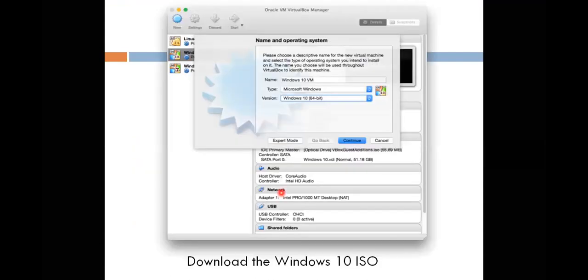So first, this is your first thing. I am first creating this one. For creating it, we need to mention a new one, so I will click on New. I hope you are getting all these things. Please concentrate on this. I have to mention the name and operating system. The name is Windows 10, the type is Microsoft Windows, and the version is Windows 10 using 64-bit. That's all, and I need to continue.